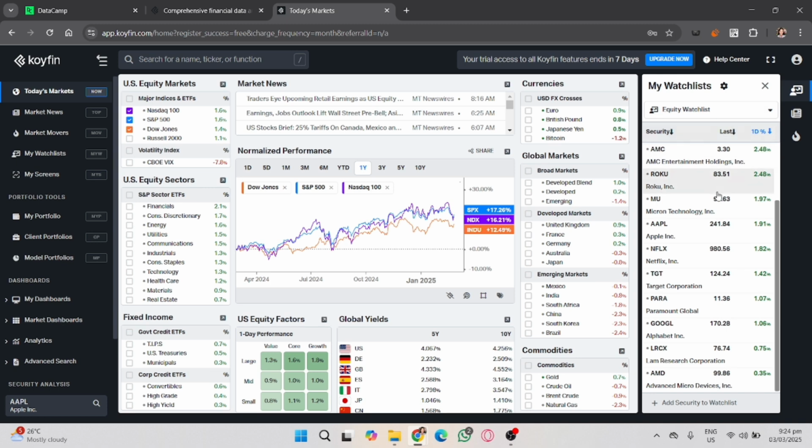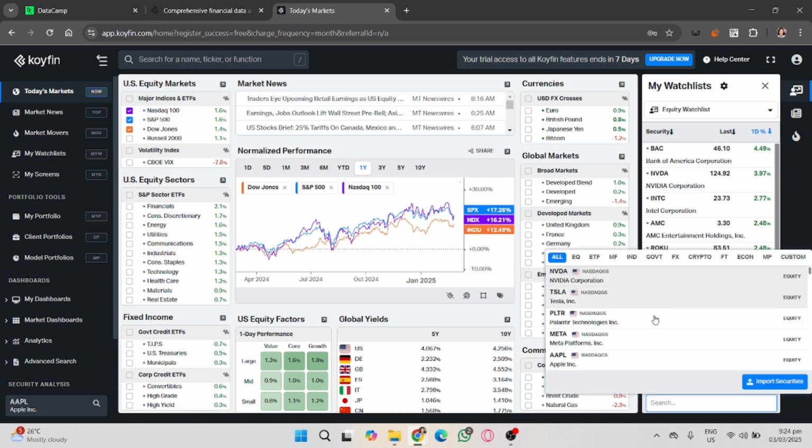So now you can track your favorites. Add assets to your watch list and create dashboards to monitor them. And that's how you use Koyfin here in the official